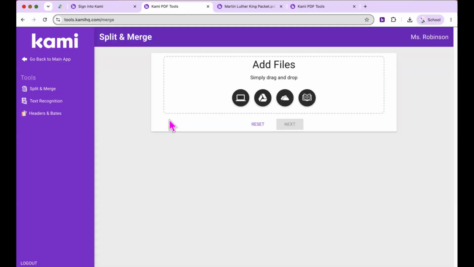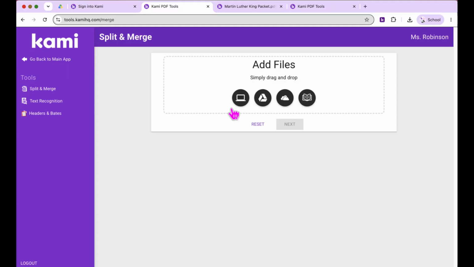If we click here, it will take us back to this familiar Split and Merge environment that we just saw. Now, we're able to head to our computer, our Google Drive, OneDrive, or the Kami library to add